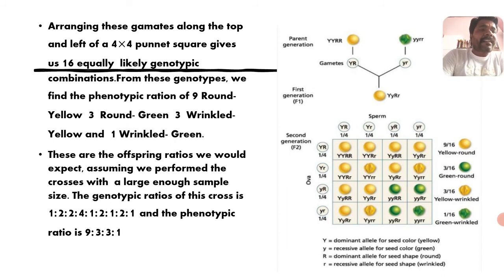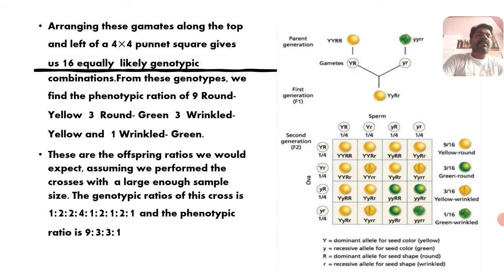Out of these, the number of yellows is 12 and greens are 4. Out of these 4 greens, 3 of them are green round and one is green wrinkled. Out of these 12 yellows, yellow round are 9 and yellow wrinkled are 3 here, right? So capital R, capital Y, these are the dominant characters, which is only one phenotype, only one genotype which